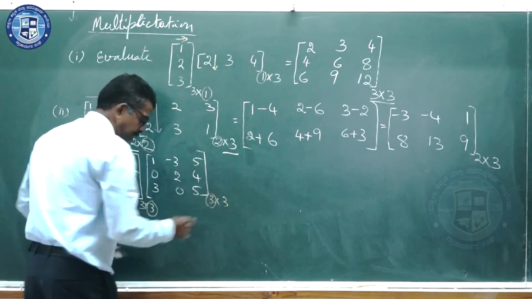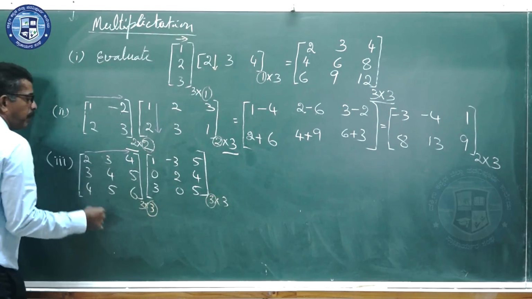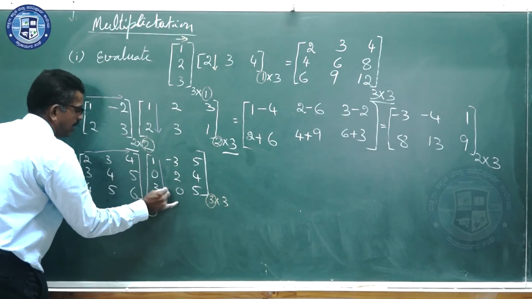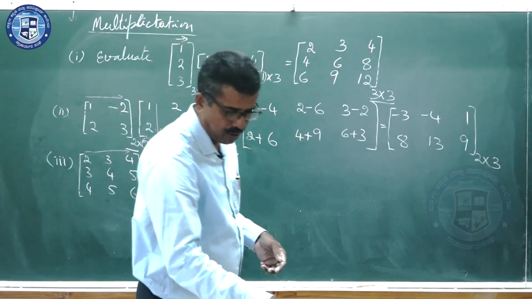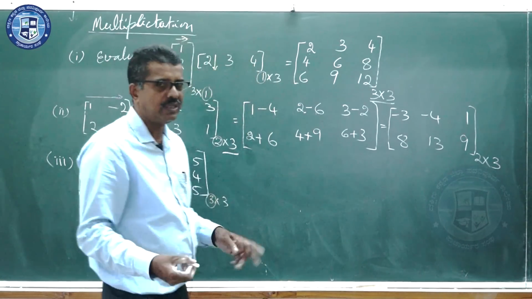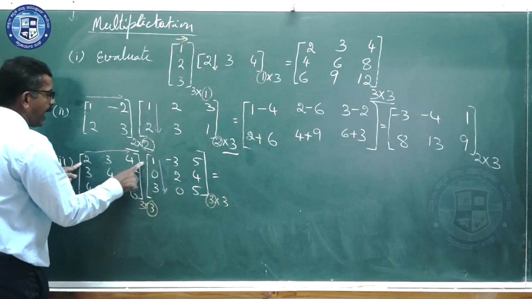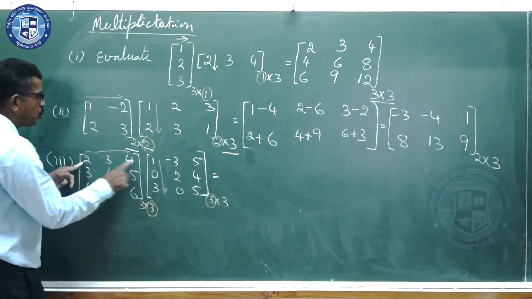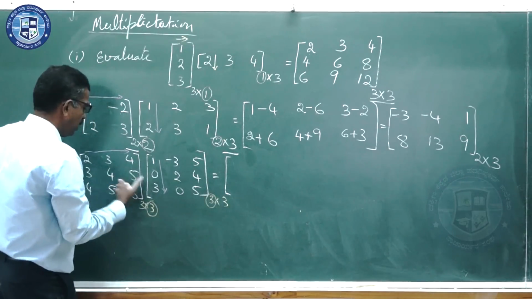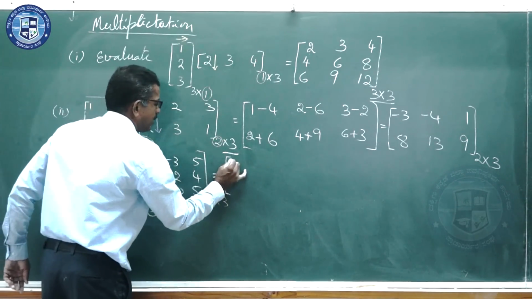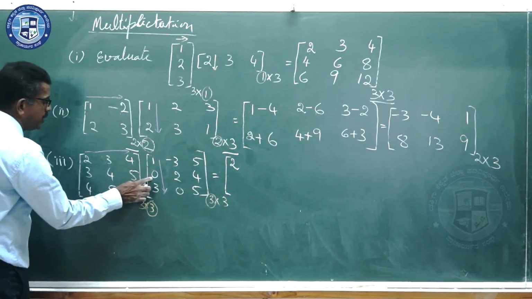Now what is the very first element here? What has to be done here? I take the rows of the first matrix, multiply element-wise with the corresponding columns of the second matrix, and then add them. If you write the notation, there may not be any confusion. Therefore, just try to practice like this only. First row has to be multiplied with the first column. What is 2 1s are? I may write together rather than writing 2 into 1 plus 3 into 0. I'll directly write 2 1s are 2. Next, this 3 has to be multiplied with the second element of the column here. It is 0.